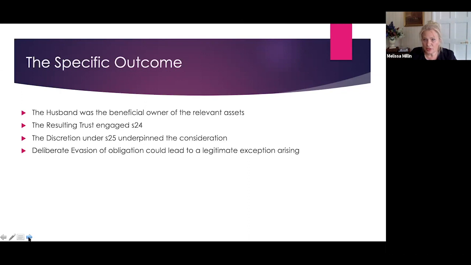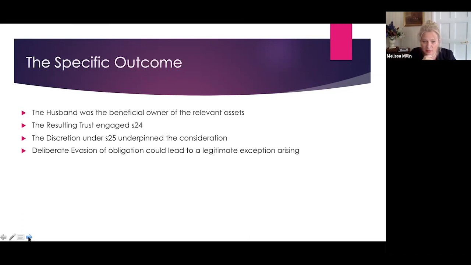If you know your Section 25, it does equip you with the power tool, because it allows the company to look at all the assets and resources available to the parties and make some levels of conclusion. The difference being, of course, if somebody puts a corporate impediment in the way, that will open potentially a different area for analysis here. Now, because I thought this was a top 10, you've got a bonus case here.